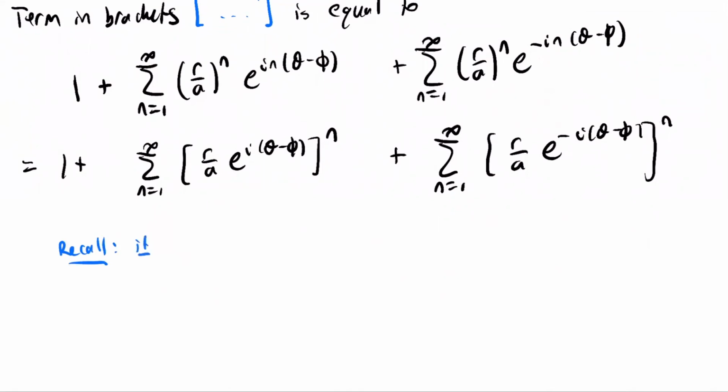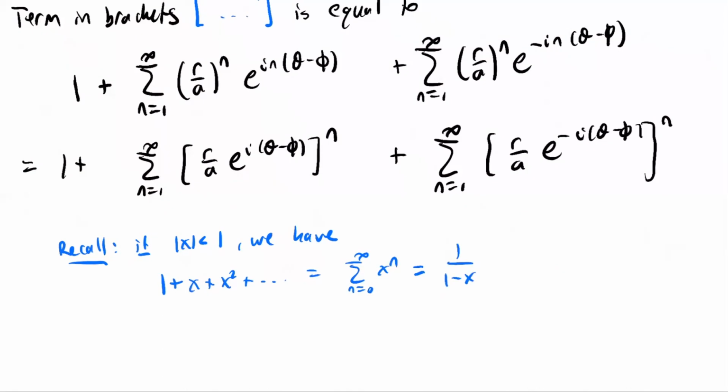If I have some number x with absolute value less than 1, we have 1 plus x plus x squared plus et cetera, which is the sum from n equals 0 to infinity of x to the n. Well, this is just given by 1 over 1 minus x. This is how you sum a geometric series as long as the absolute value of x is smaller than 1. Well, we're going to apply this with